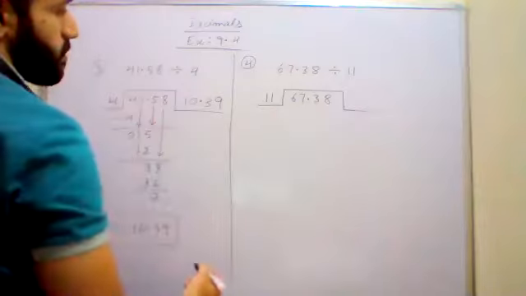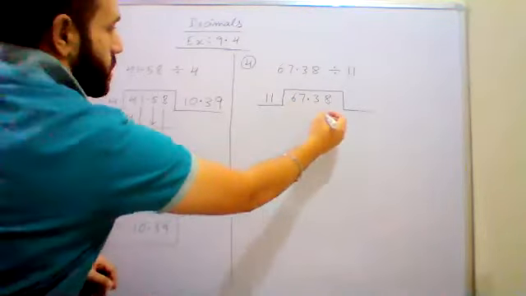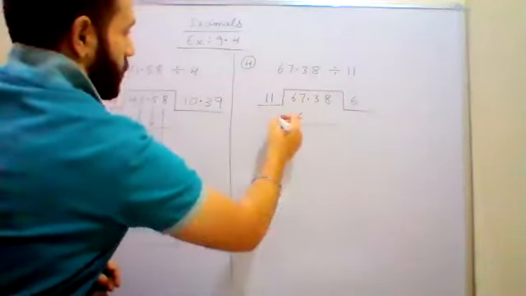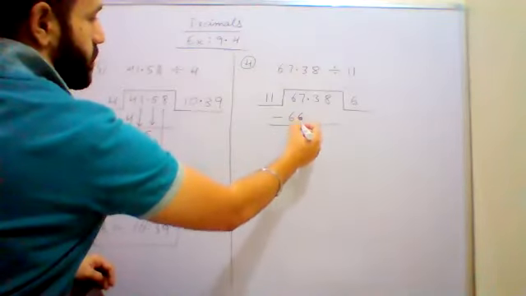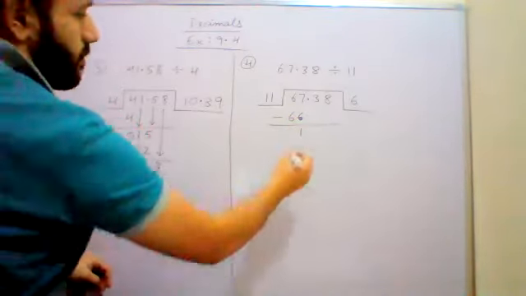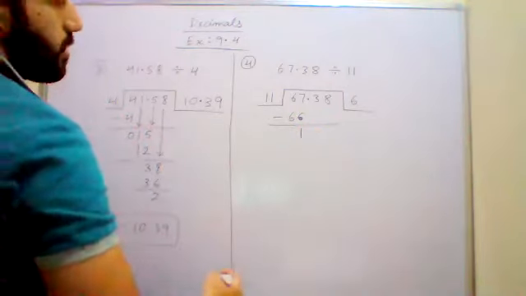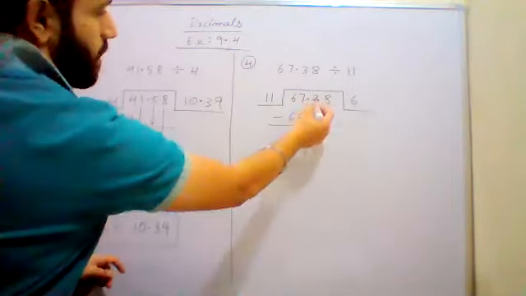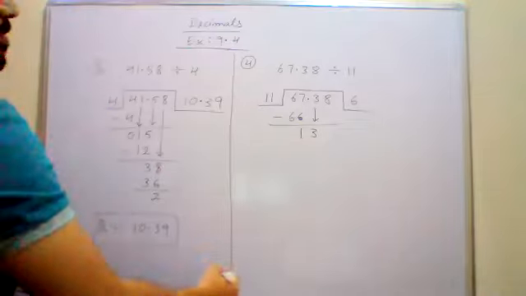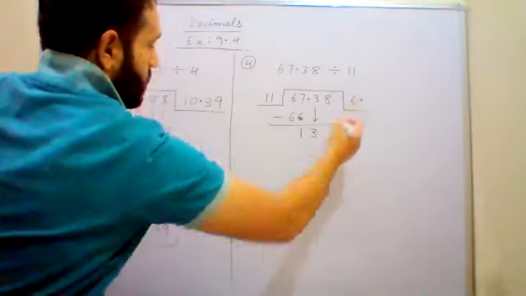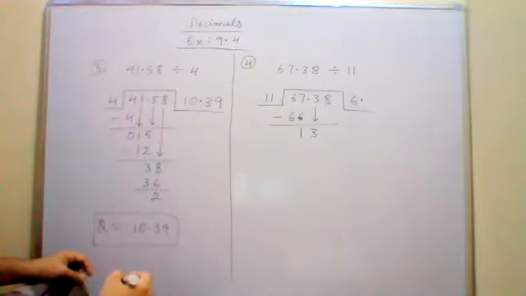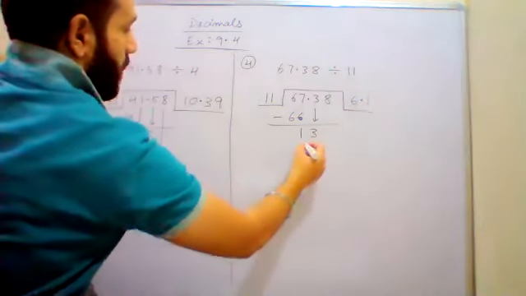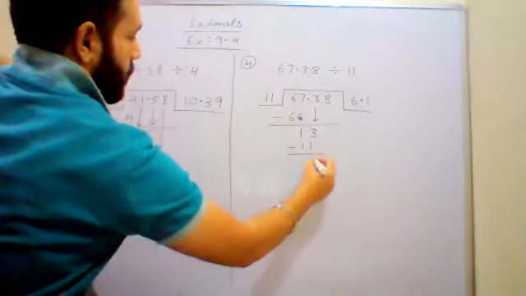So take two digits because 6 is smaller than 11. You will have to take two digits from here, and 11 6s are 66. So subtract, 67 minus 66 is equal to 1. 1 is the remainder. Now you will copy the next digit 3. 3 is your first digit after decimal. जैसी decimal के बाद का digit आपने copy किया, insert a decimal in the quotient also. Write a decimal in the quotient. So 13. 11 ones are 11. Subtract, you get 2 as the remainder.